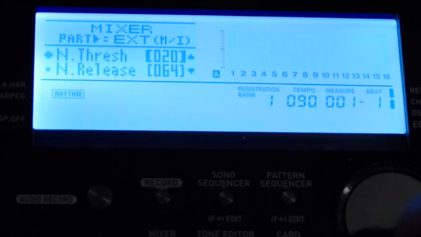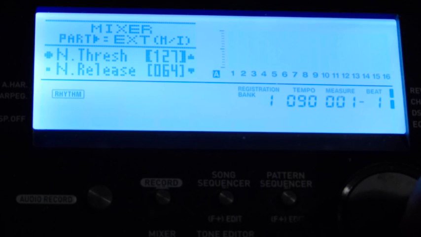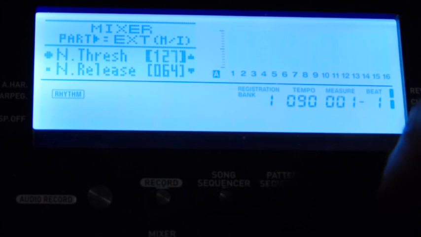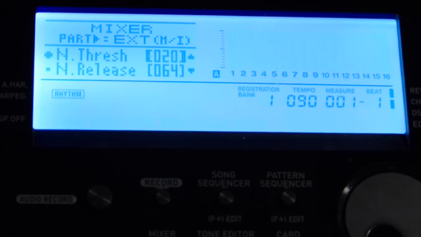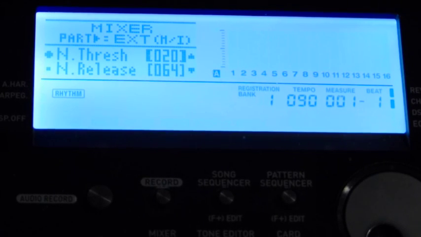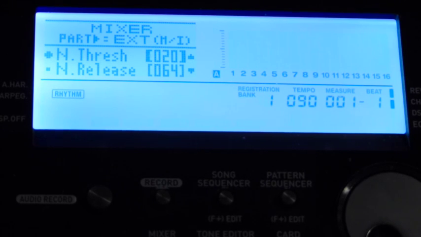point from 0 to 127. At 127, it's going to knock out probably everything. At 20, which is the default, it's already set pretty well. They've already got it set to default to take care of most of the noise